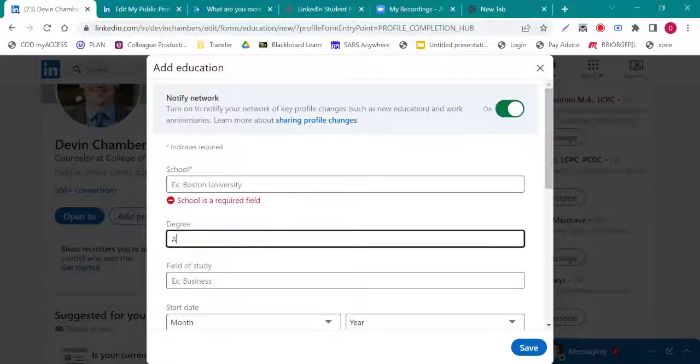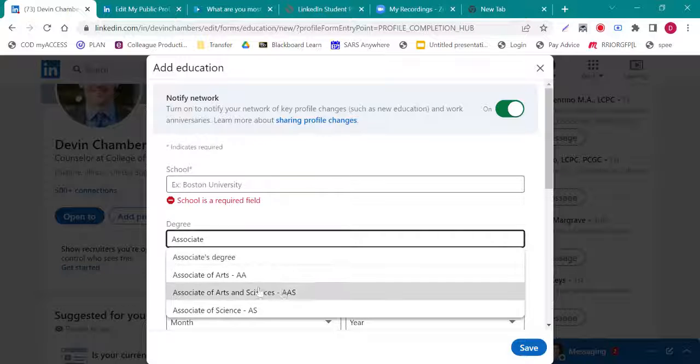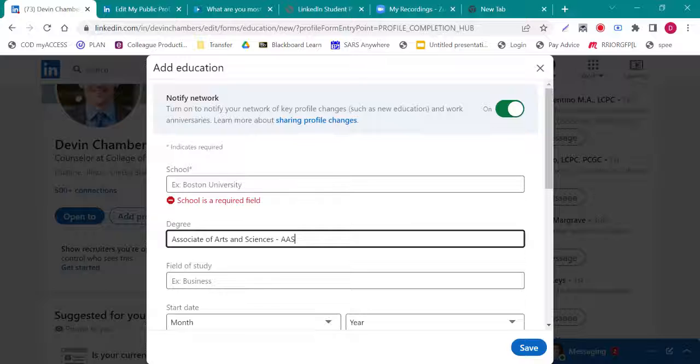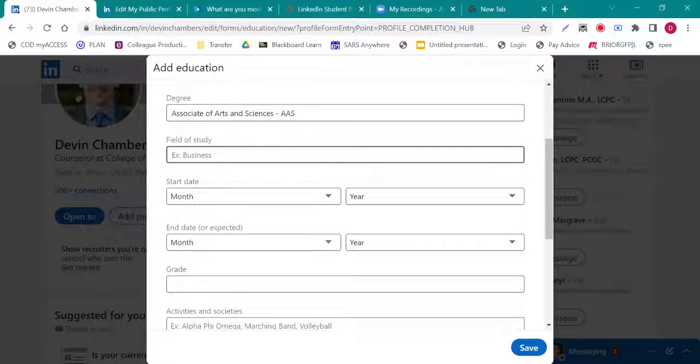And then degree, if you're doing a transfer degree, you're doing an associate's in arts or associate's in science. This system doesn't have an applied science degree, like if you're doing automotive or welding or those ones. So for that one, just put associates. Oh yeah, arts and sciences. That one is AAS, which is technically applied science. I think the system is just weird and calls it arts and sciences, but you just put that because you are getting an AAS degree.